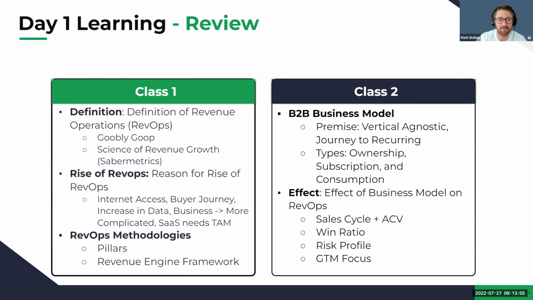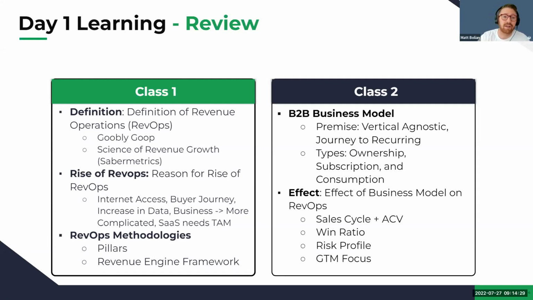The empirical analysis of baseball always existed, but it became as important as the tools got better, the data we were able to collect got better, how we synthesize the data got better, and how we disseminate it got better. The same is exactly true with revenue operations, and thus a profession, and why we're all here to learn about it. We talked about the reasons for the rise. We now have broadband internet access that's transformed our lives, changed the buyer's journey, and increased the amount of data we have, making it more difficult. We have to be data native.